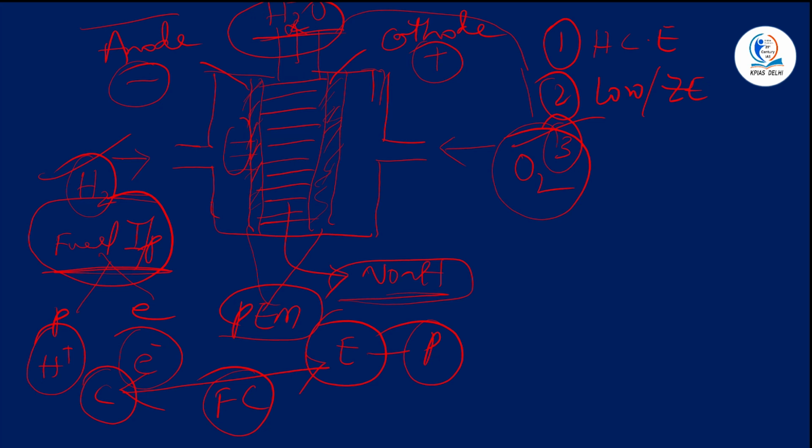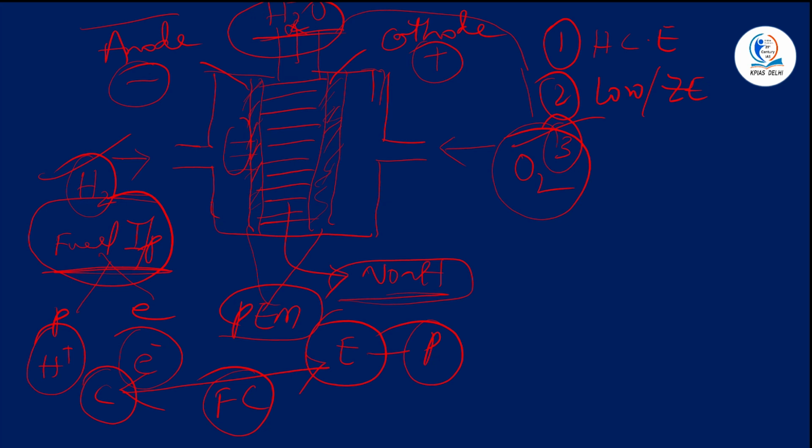So finally, the advantages we are talking about: they reduce maintenance requirements and also increase reliability. When there is reliability, this can result in longer operational lifespans for these fuel cells, because you just need to supply it with hydrogen, and oxygen in this particular fuel cell is abundantly available in free air. So fuel cells can also operate independently of the electricity grid. So these are the basic advantages of this fuel cell.